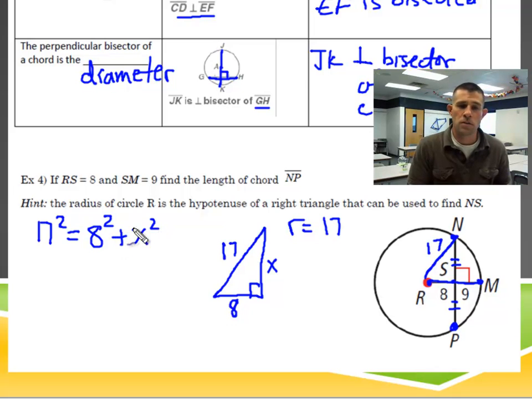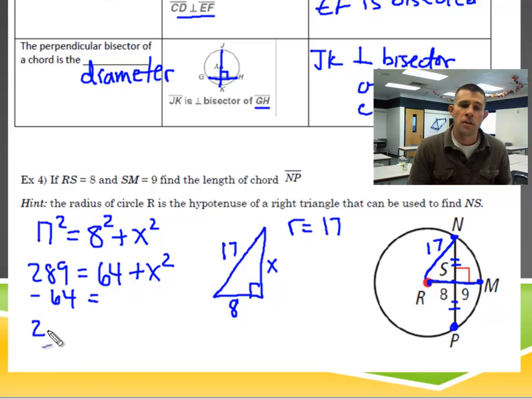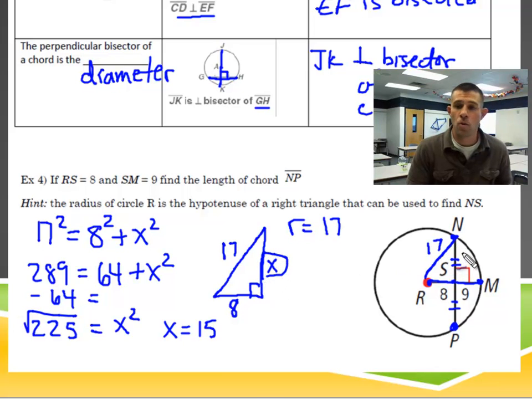So I say 17 squared, which is 289, is equal to 64 plus x squared. I'm going to subtract my 64 over. That's going to give me a total of 225 is equal to x squared. And now I need to take the square root of both sides, and x is going to give me 15. So the value of x here is 15, which if I look back at my picture is half of my chord. So my full length of my chord, NP, has got to be equal